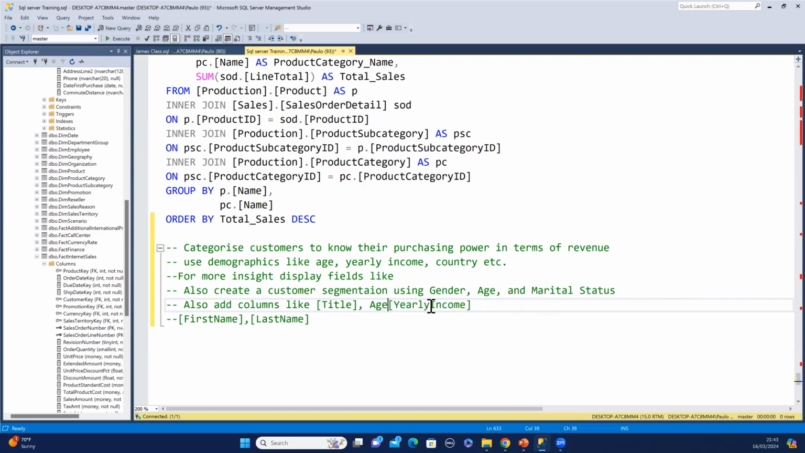So when I say purchasing power, one may want to use, what do you call it now? Revenue, sales revenue. Is that okay? One will not use sales revenue. Then now say for more, then use demographics like age, yearly income, and country, something like that. Then for more insight, they ask to display fields like